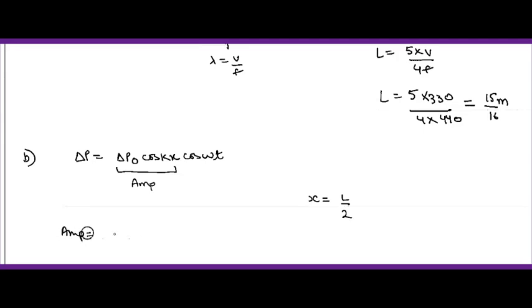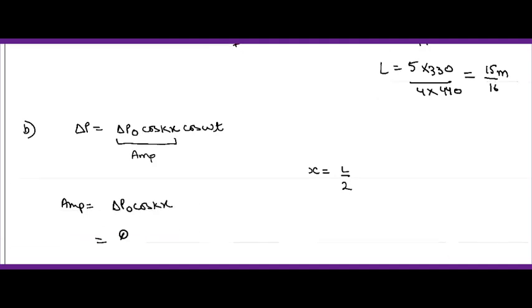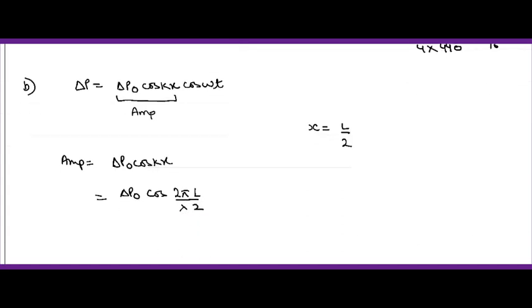एम्पलीट्यूड होता है मेरा Δp₀ cos(kx)। ठीक है, तो मैं इसको क्या लिख सकती हूँ? Δp₀ cos k की वैल्यू क्या है? 2π/λ। 2π/λ इंटू x, क्या आ रहा है? मेरा L/2 आ रहा है। तो यहाँ से आ जाएगा Δp₀ cos(πL/λ)। ठीक है, इसमें वैल्यूज पुट कर देते हैं।